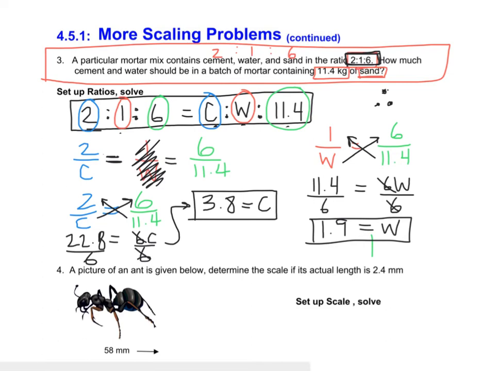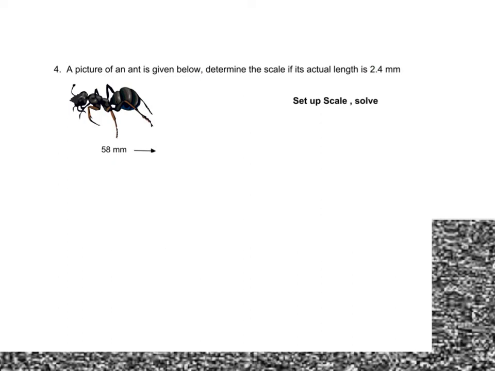So let's look at scales. And this question here, number 4 with the ant, you could find that on page 12. It says a picture of an ant is given below. Determine the scale if its actual length is 2.4. So what we did here is we actually took out a ruler and we measured this with a ruler,